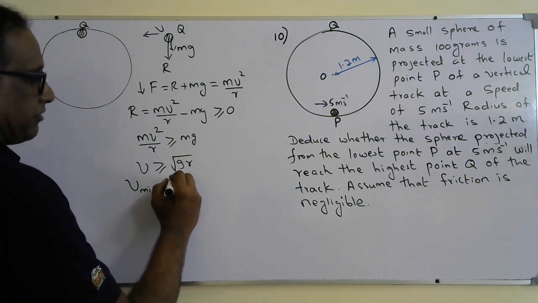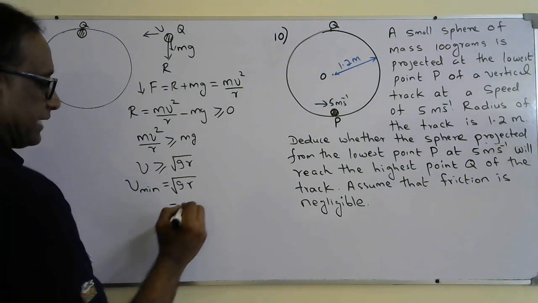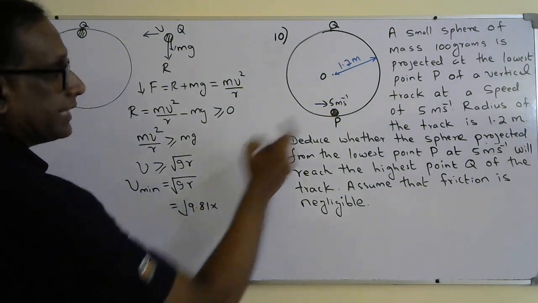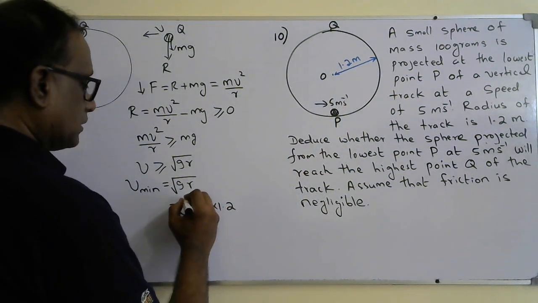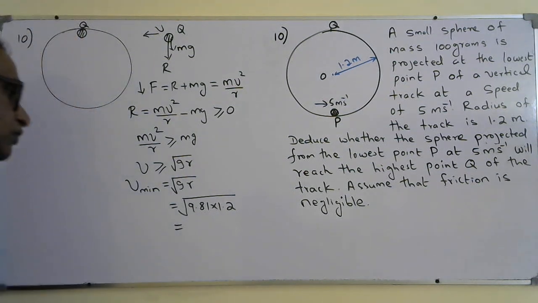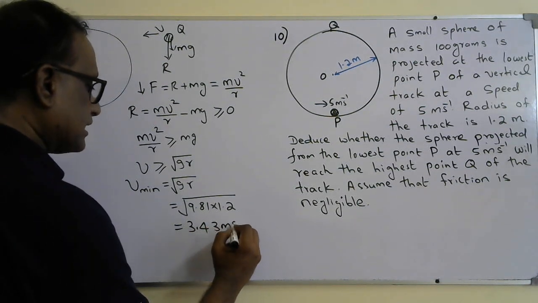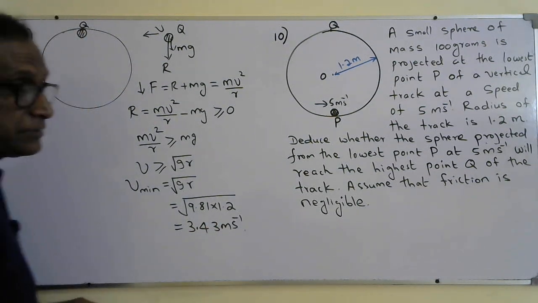So we can find the minimum speed at the highest point. That will be the square root of 9.81 into r, which is 1.2. So square root of 9.81 into 1.2, 3.43 meters per second,